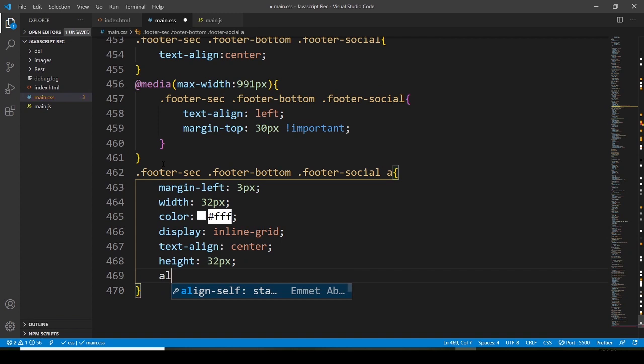Then align content is going to be center,